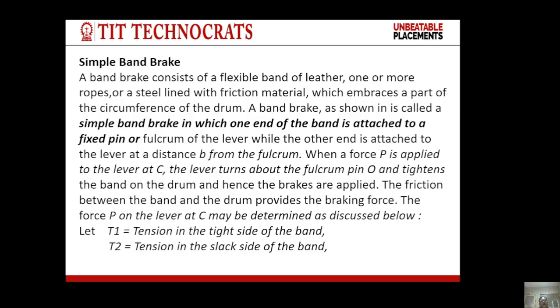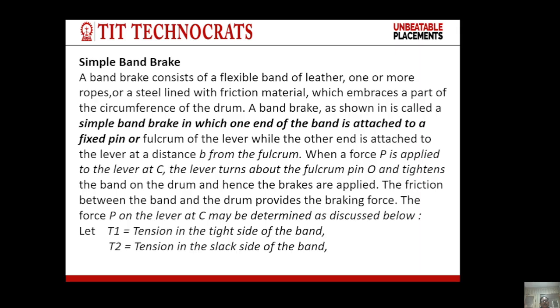Simple band brakes. A band brake consists of a flexible band of leather, one or more ropes, or a steel band lined with friction material, which embraces a part of the circumference of the drum. A band brake